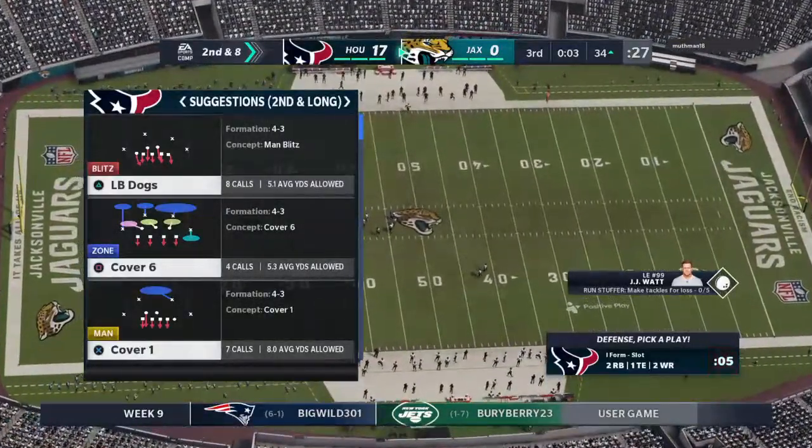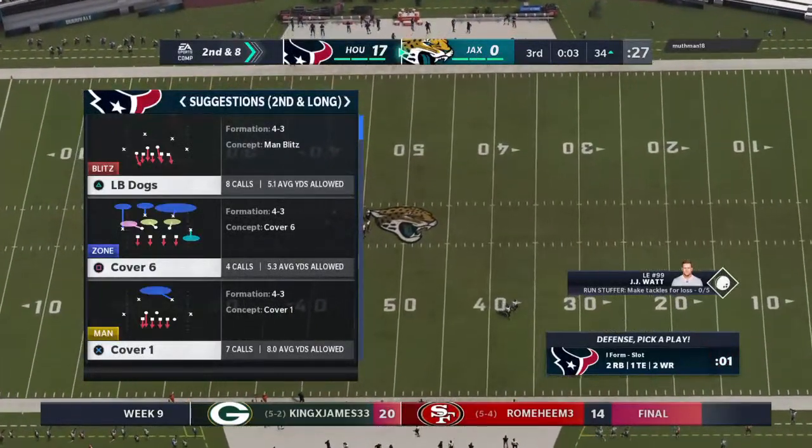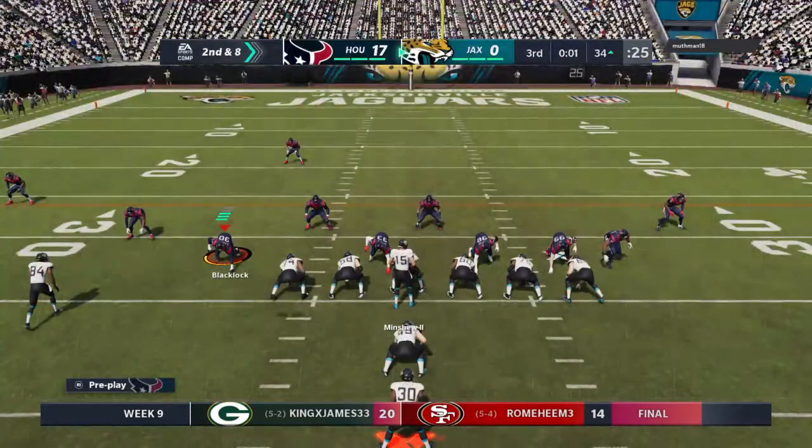I sat down with my accountant. He said, I got good news and I got bad news. I said, what's the good news? He said, the good news is you made a lot. I said, what's the bad news? The bad